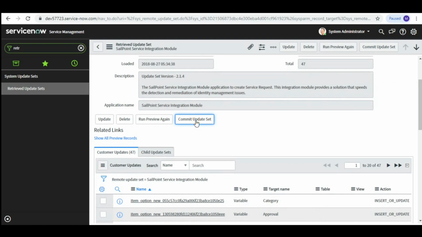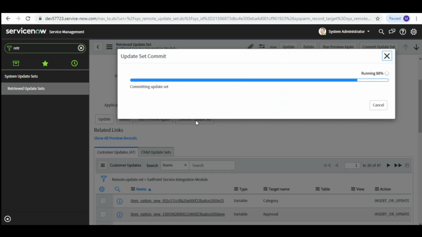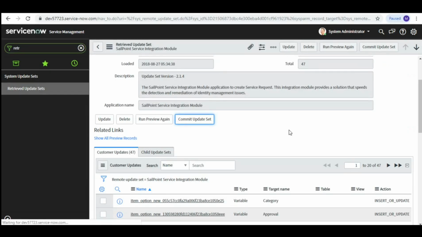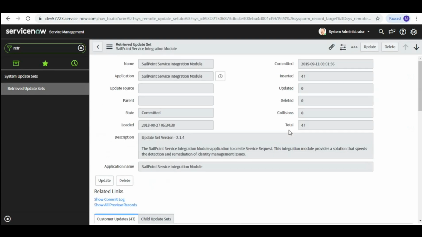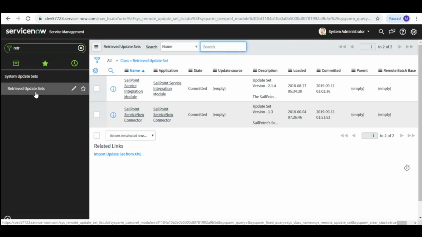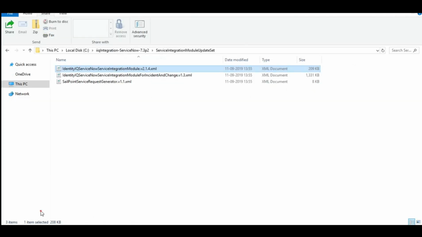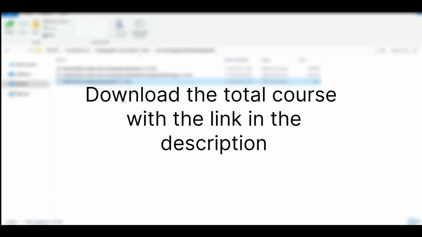All these things essentially your ServiceNow administrator will do, and you have to provide these XMLs given by SailPoint to him, and he will do all this update and commit of the update sets. So this is how one of our files is committed in ServiceNow. And next we are going to update or import the other file. The file name is SailPoint Service Request Generator, which is essentially a SOAP request